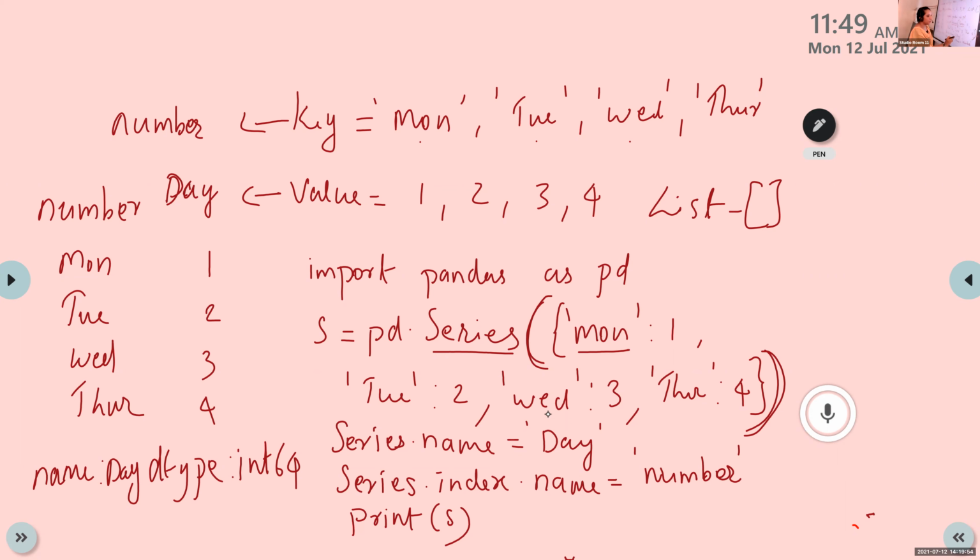That is the main difference between naming the value and naming the key or index.